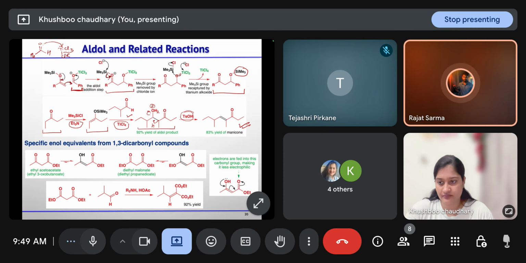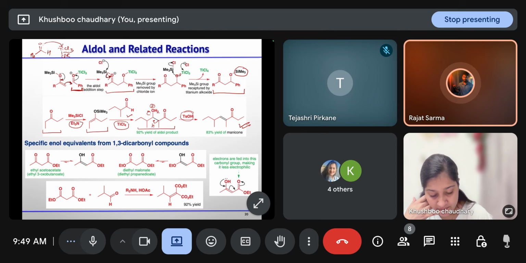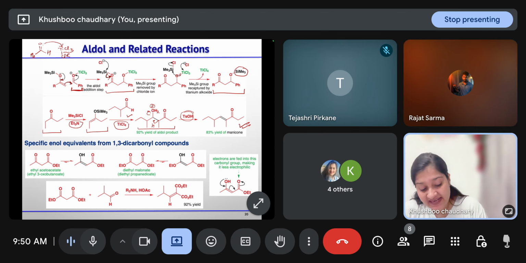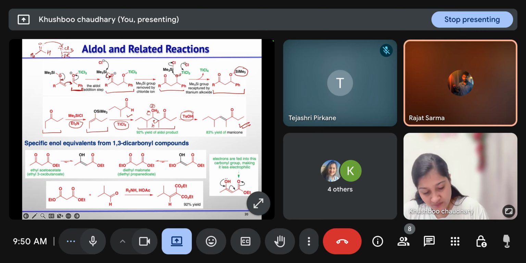Ma'am, one more thing. How is this TiCl3 able to get out of there and then it forms OSiMe3? That part, can you repeat? Can you repeat your question? Yeah, what I'm saying is at first we are saying the O-TiCl3 bond has been formed, right? So instead of O to TiCl3, how is this OSiMe3 bond being formed? How does that process take place? Okay. So when this Cl negative is here, you are asking, right? No, ma'am, the second step. This one. Yes, ma'am. Okay.